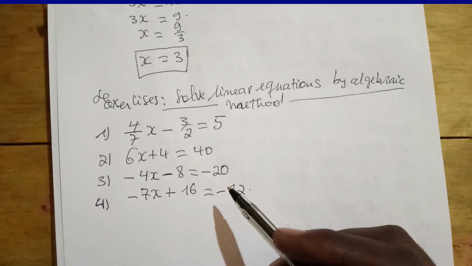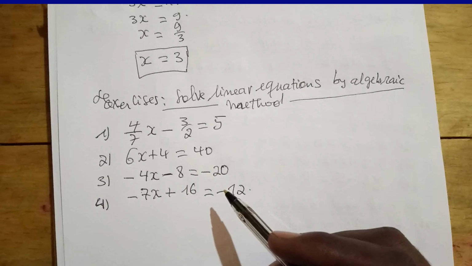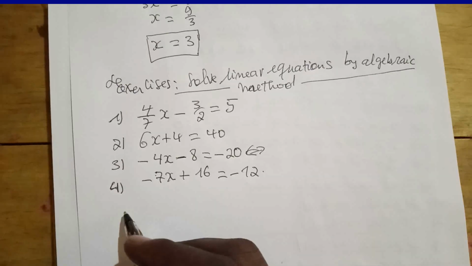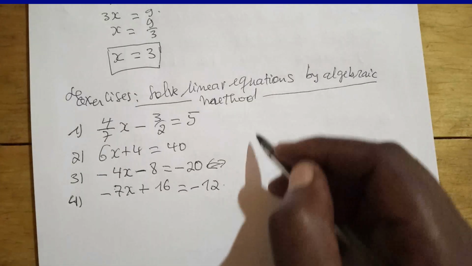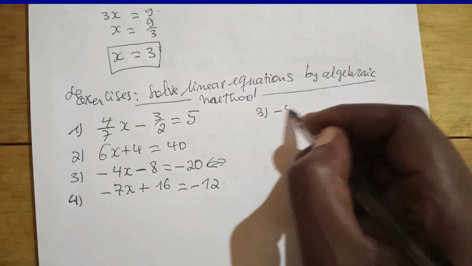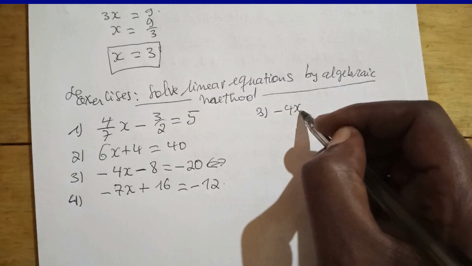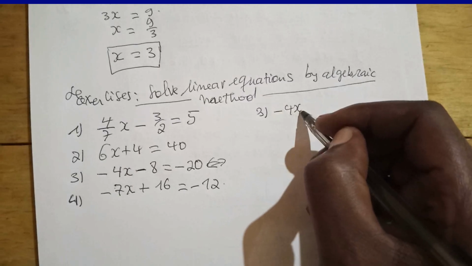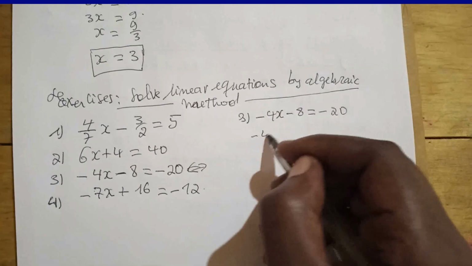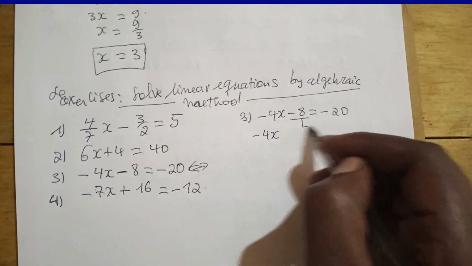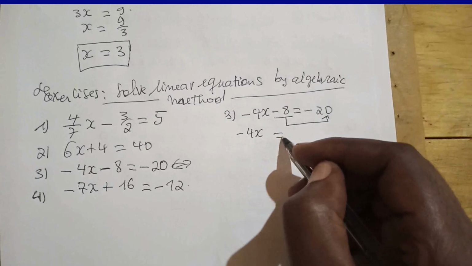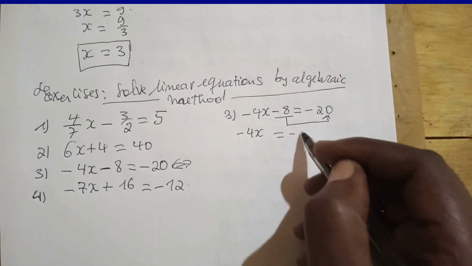So let us help you with, for example, the question. To solve the question here, which is negative 4x negative 8, which is equal to negative 20. Here we have negative 4. We take this negative 8 to the right side of the equal sign. We have, is equal to negative 20